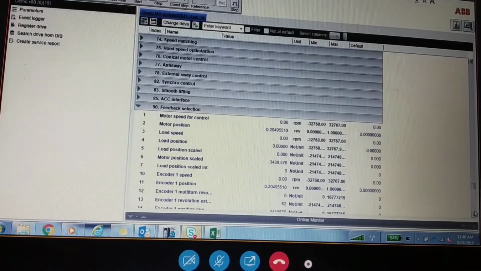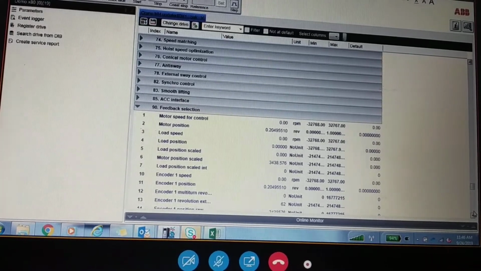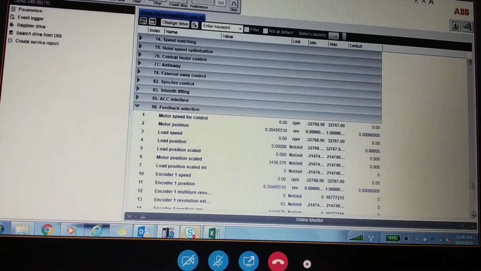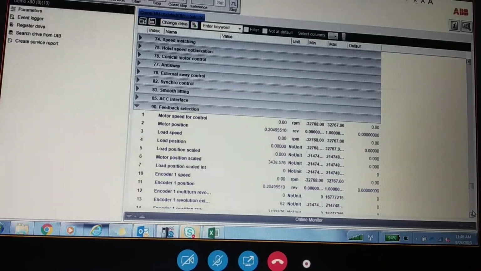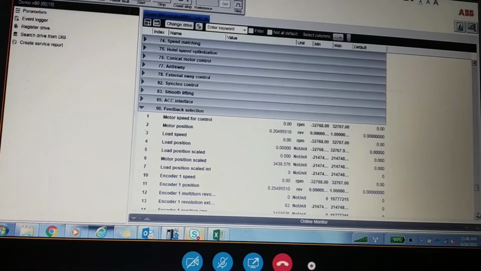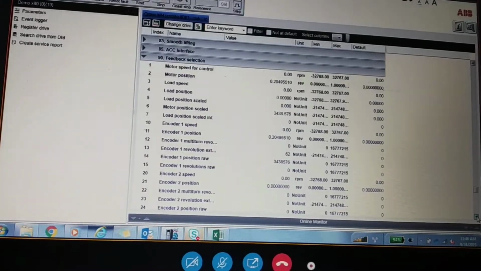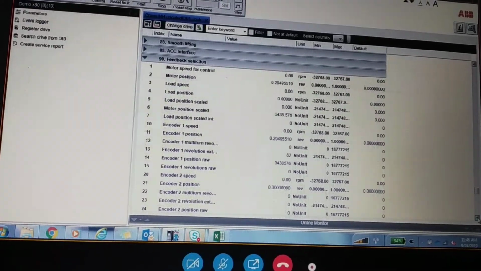Then motor control, very important. So, okay, here it is, all are preset, nothing to change. User motor parameters, it will take automatically, nothing to do.